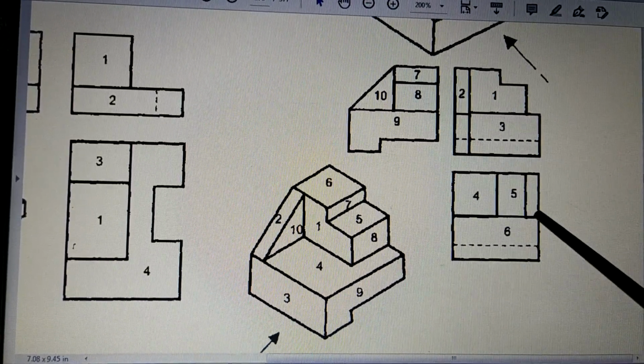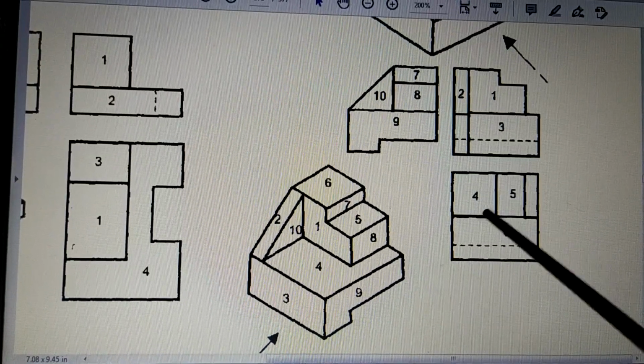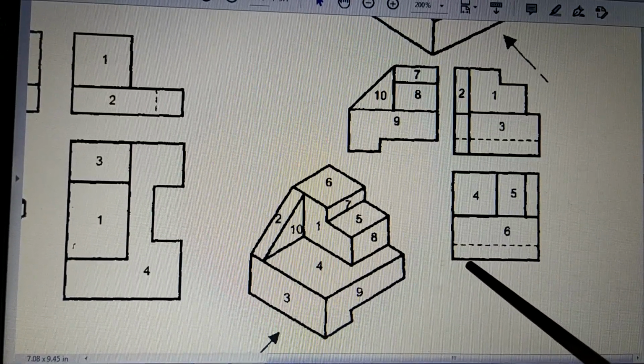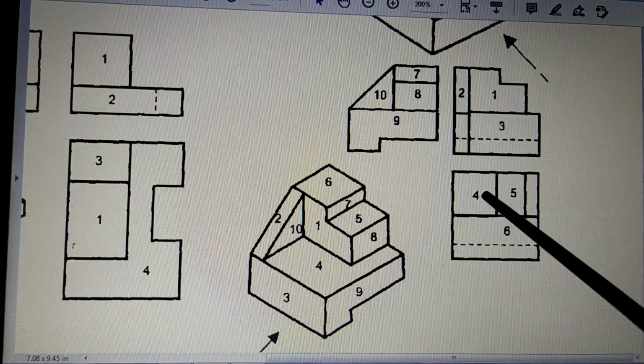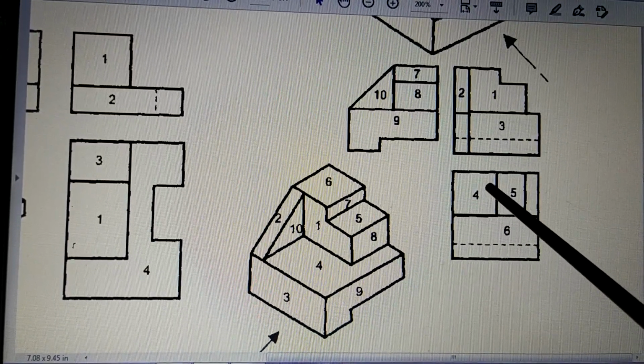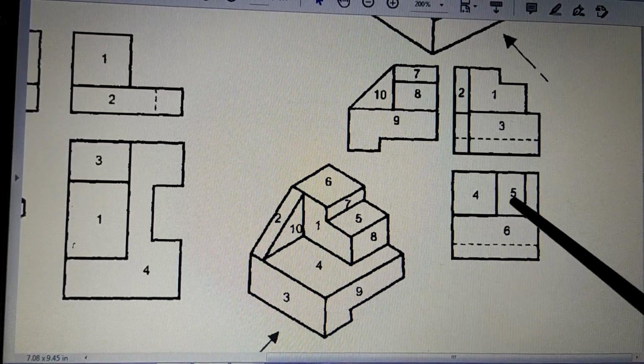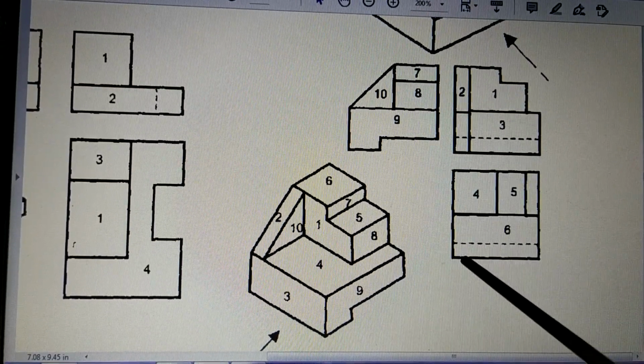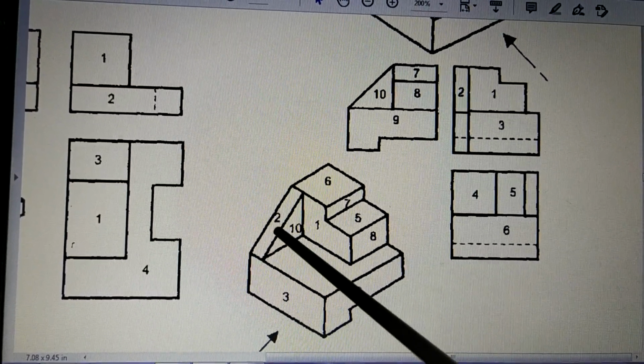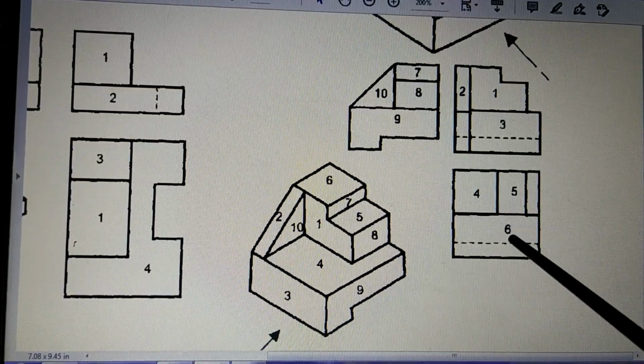Only some corrections are there. So don't draw this line, and draw this line so that the figure will be complete. And you have to make the changes in the numbers also. This is 6 and this is 4. This is 5, which is correct. And when you draw this line, you have to write here 2, which is this surface. Okay, so that will complete the top view.